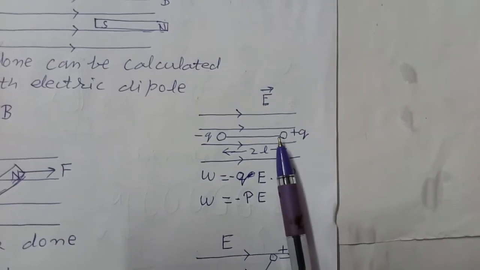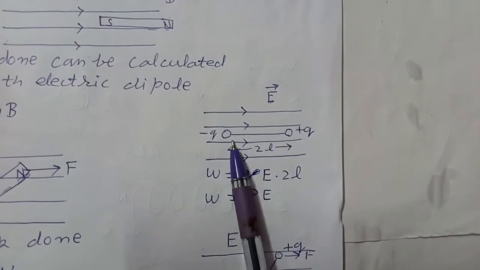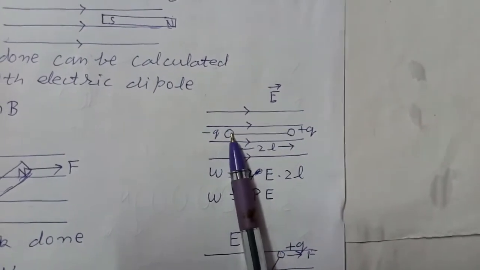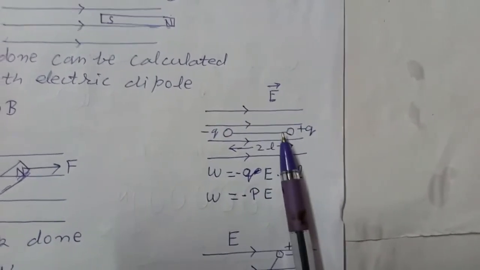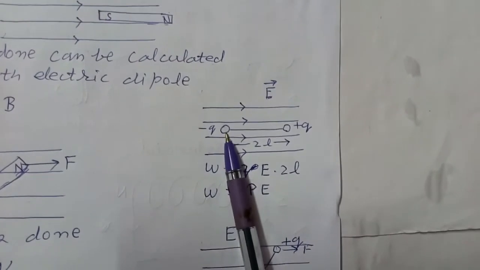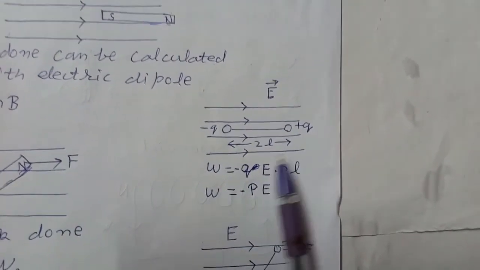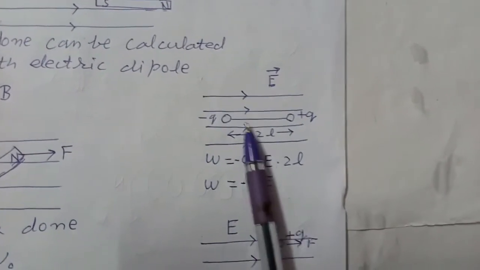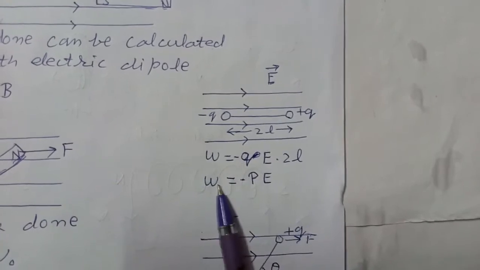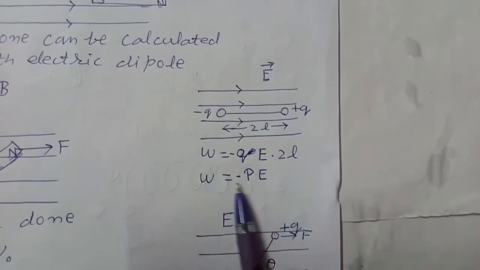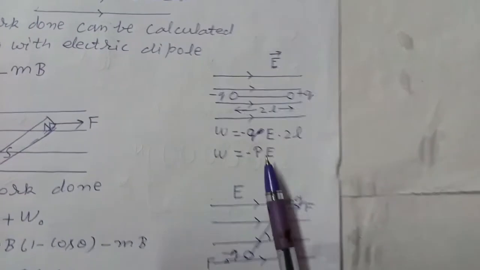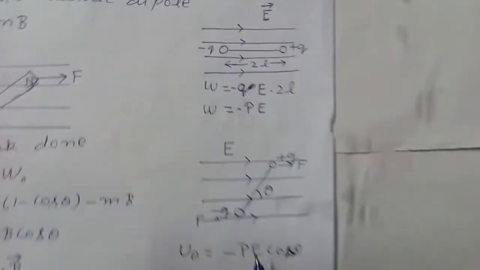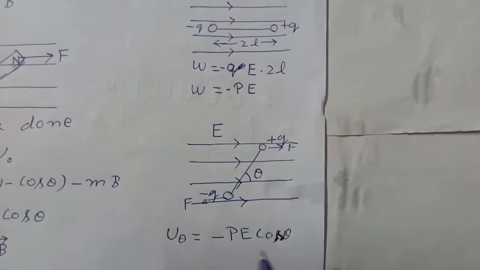Now we further drag this minus q charge through a small distance 2L. So minus q charge will move in the opposite direction of the field itself. So in bringing this minus q from here to here, work done is force into displacement. Force is qE and displacement is 2L, and it is negative because this charge will do work itself. So W is equal to qE into 2L. This is minus P. So net work done will be the sum of this minus P and this work P into 1 minus cos theta. So there we get this expression like this.